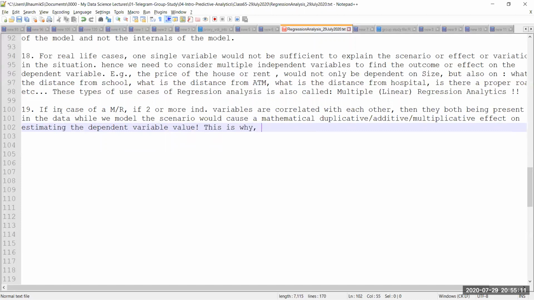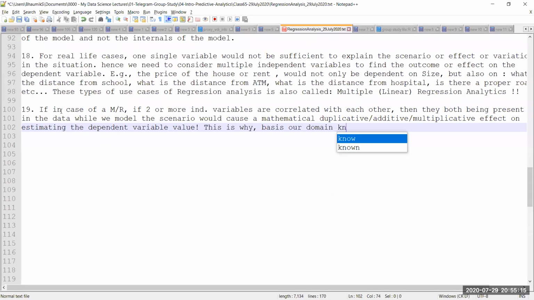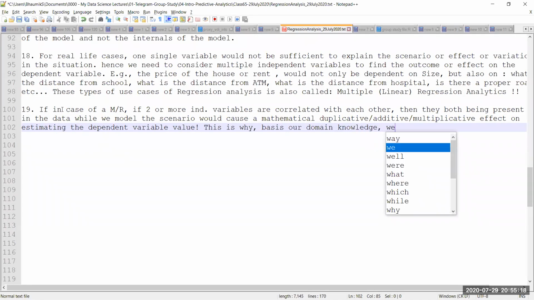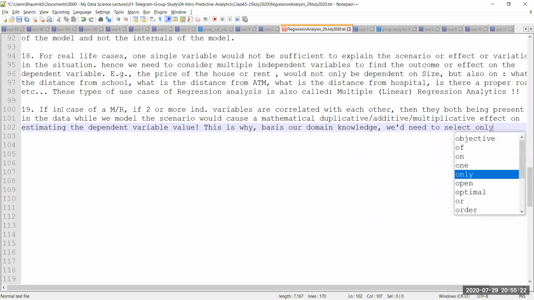This is why, based on our domain knowledge, we would need to select only one variable